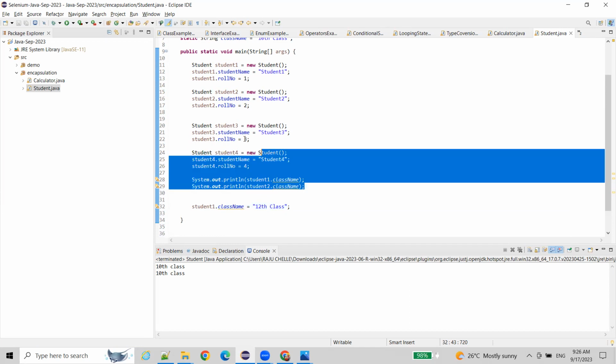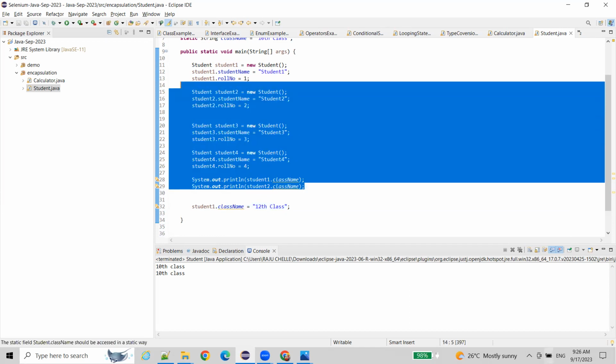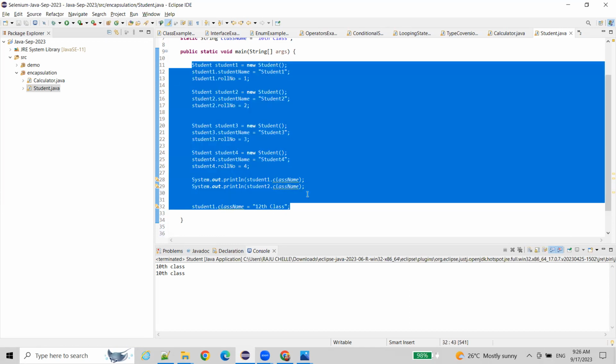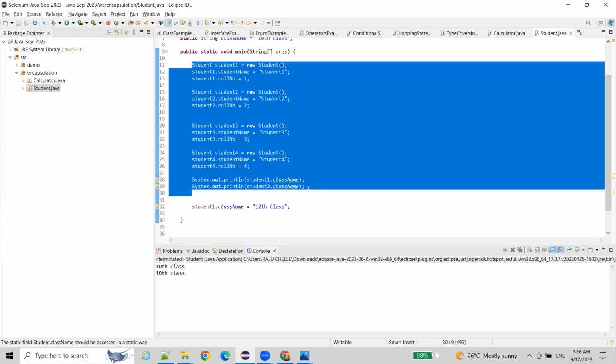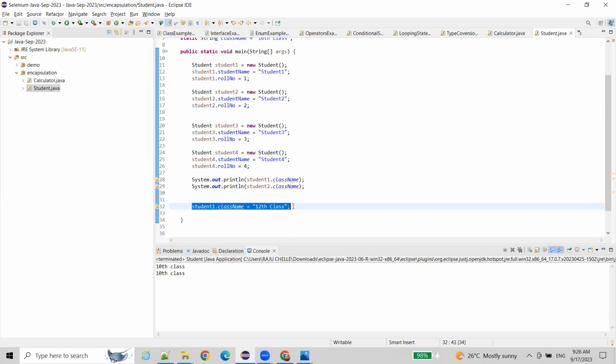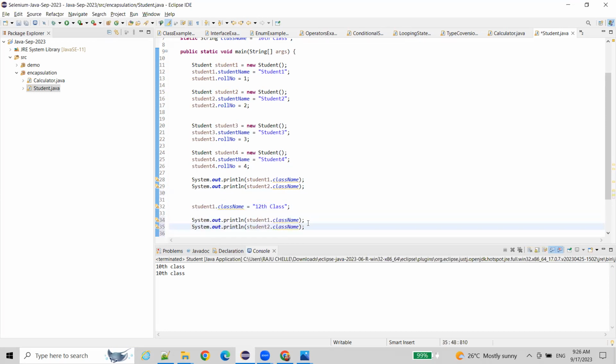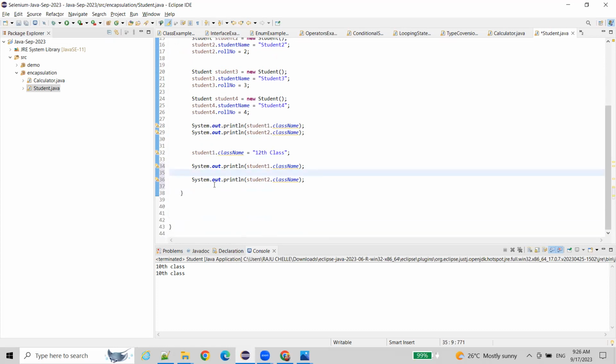Okay, all the remaining people are after 10th, so they are 11th class, first year intermediate class. But if you assign 12th class to student one, and then print student one and student two, as per my requirement, student one has to print 12th class, and student two class it has to print